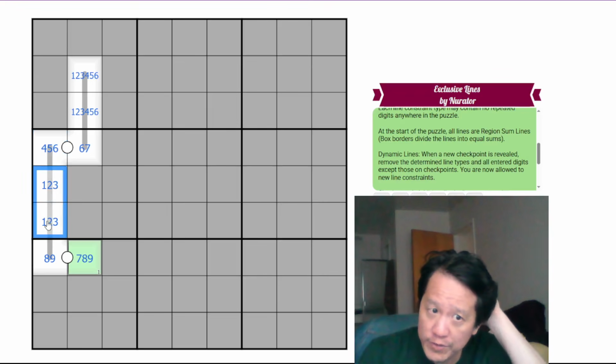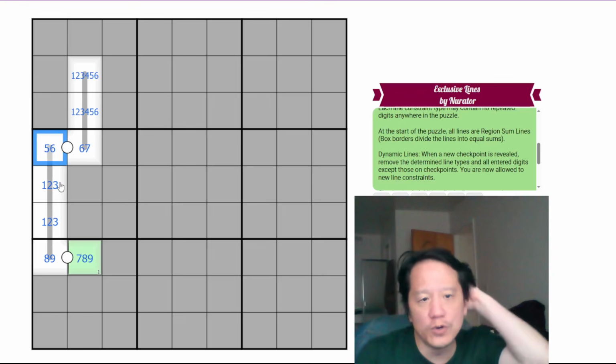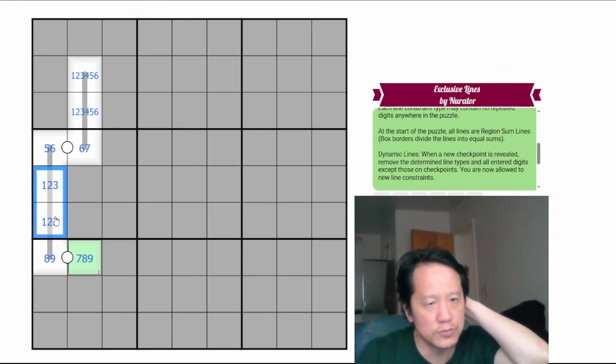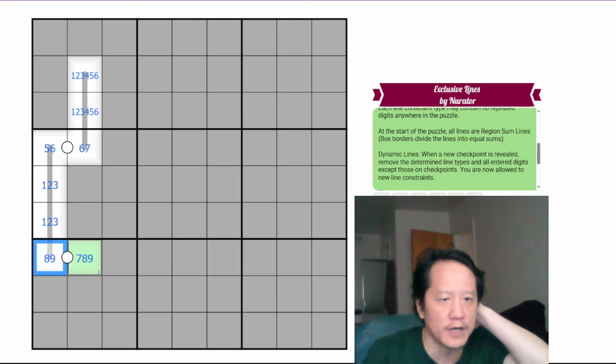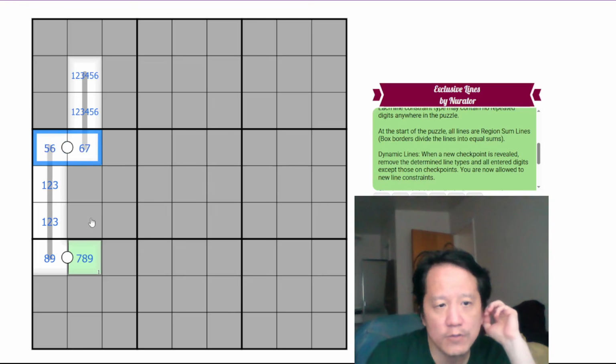If we try to have... oh, this can't be 4. This is 5 or 6 here. So it cannot be 8, because if this is 8, this has to be 1, 2, which means this must be a 9. We've tried all the 8s. So one of these has to be 6. We tried,